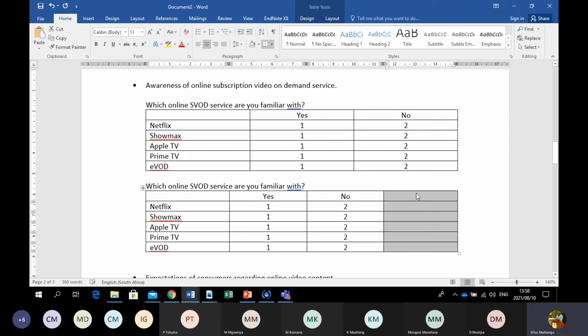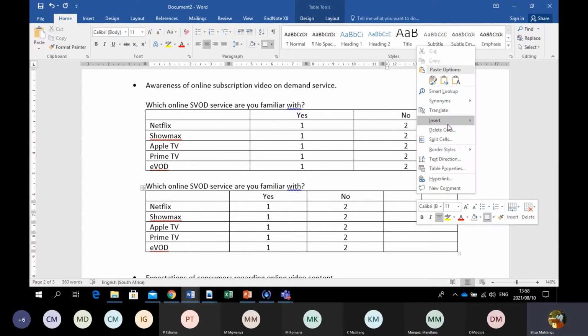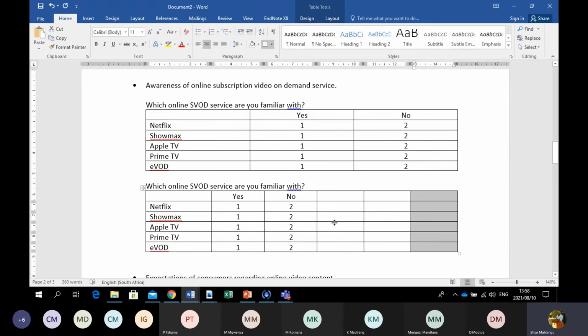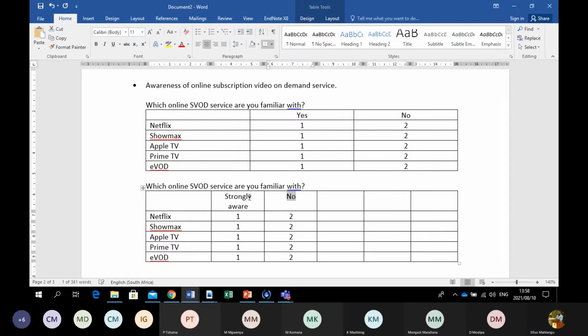I want to show you the importance of using scales instead of using any other type of questionnaire. So every time you do a scale, you try and make it a 5-point scale. So it must have 5 points. So this is about awareness. We always use those strongly aware, strongly disagree, because they, so this one will be strongly aware, just aware,